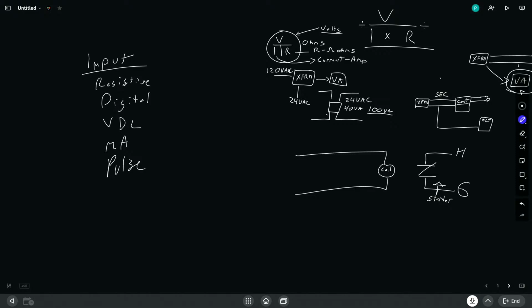Volts DC is another one that's pretty straightforward. It is polarity sensitive, which we haven't talked about yet, but we'll talk about in a second. It's very similar in that you route one side of the input to the input side and the other side of the input to the common side. You may have to power this sensor externally with an external transformer.